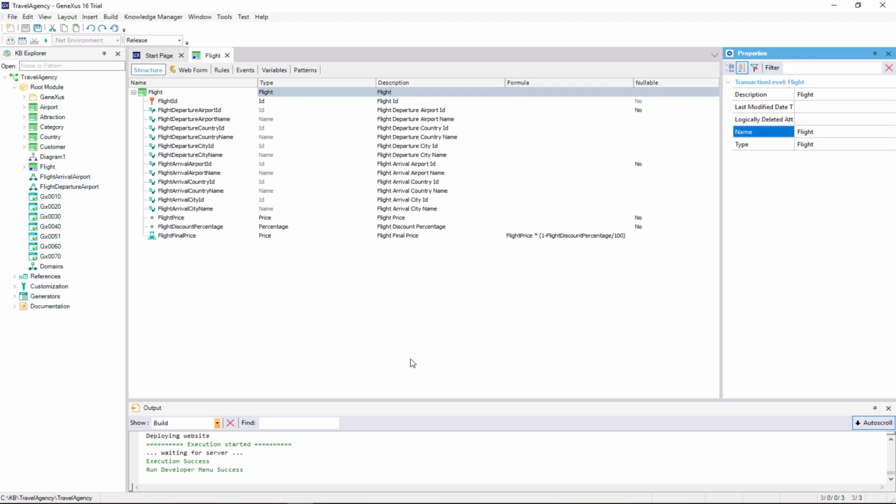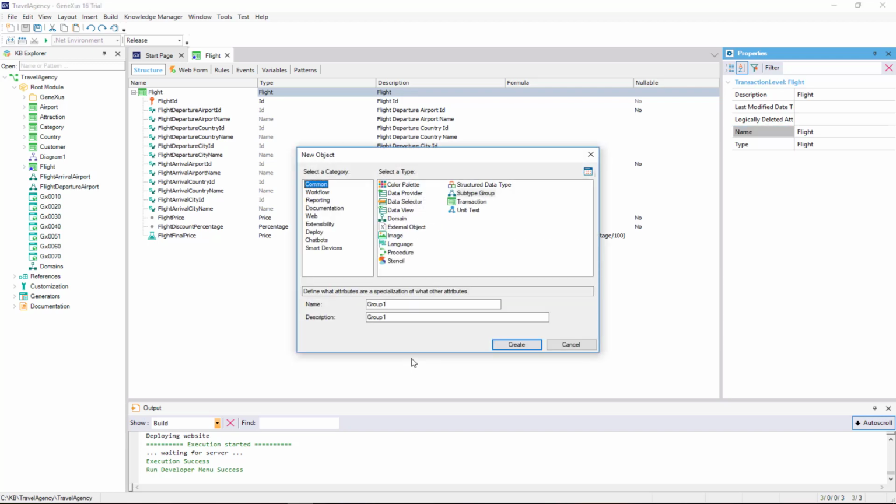Something important to remember is that even though in the example we've only used attributes from the transaction's own associated table, that is to say, its base table, attributes from the extended table can also be used. Let's see it. We will create a new transaction called airline to record the airlines.